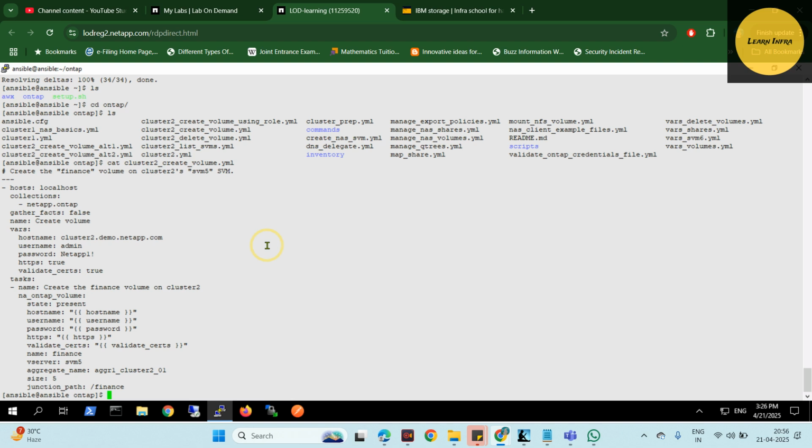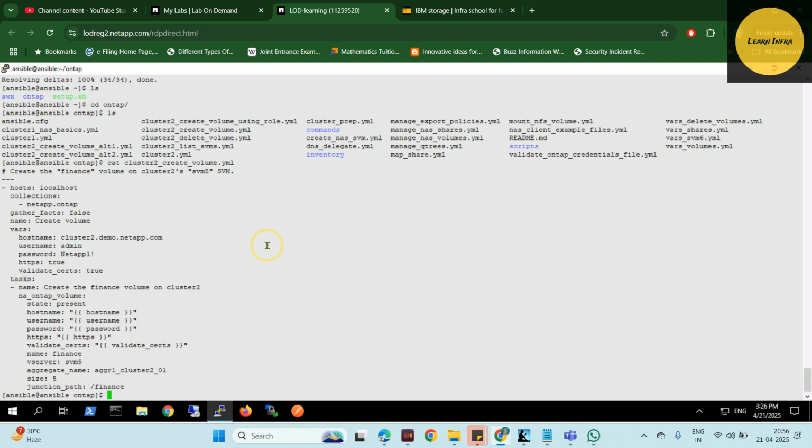Basically, whenever we are creating an ONTAP cluster, you know that when you add that ONTAP cluster in Occam, we have to check whether the SSL certificate is not expired. If it's expired, then we will not be able to add the ONTAP cluster on Occam. So the SSL certificate is very much required. Whenever we are creating a new cluster, ONTAP will automatically generate a self-signed certificate. Why does it do that? Because it has to initiate the